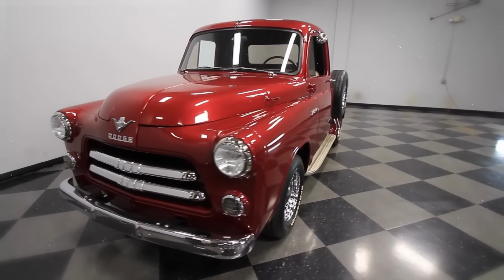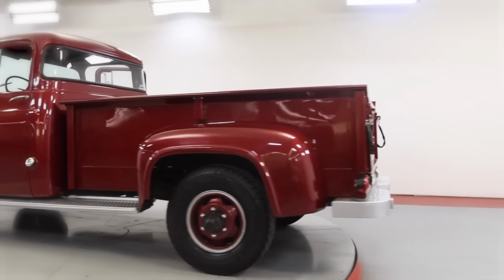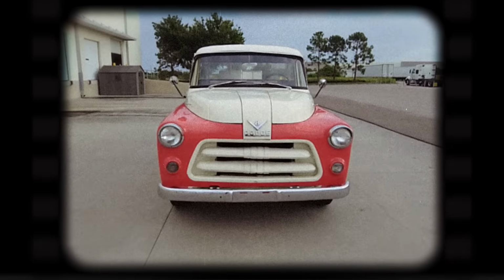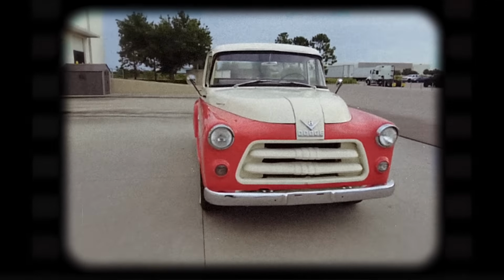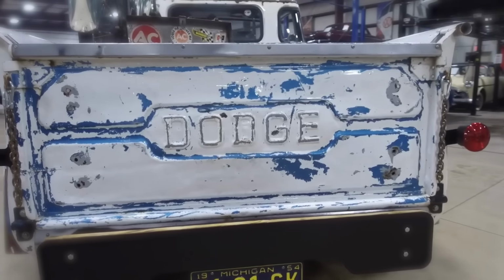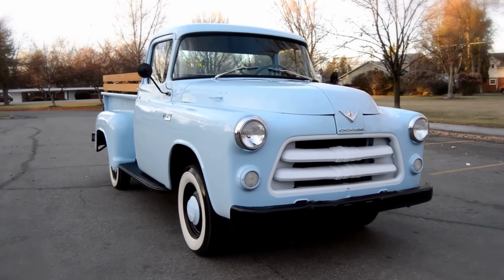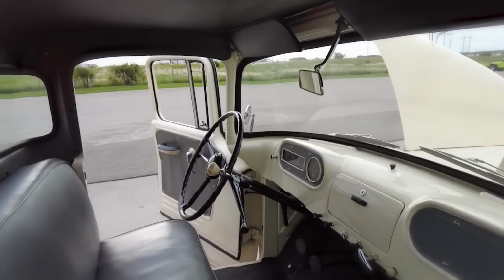The Dodge C-Series was produced from 1954 to 1960, but the models from 1955 to 57 are particularly noted for their design shortcomings. The C-Series featured a flat front end and bulky proportions, which many buyers found unattractive. Despite being built robustly, the design did little to win over the public. A notable change in 55 was the addition of a wraparound windshield, which improved visibility but did not significantly enhance